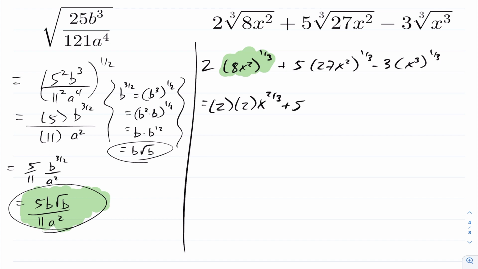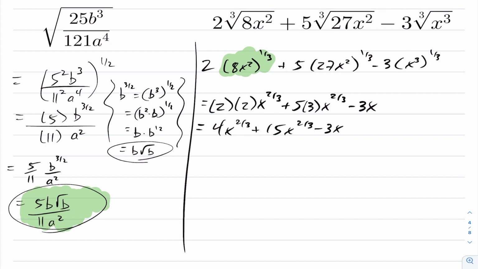Again, the 5 out front. The 27 we're taking the third root of, which is 3. And again, you get your x to the 2/3. And that minus 3 is out in front, and this becomes x to the power of 3 times the third, which is just x. So simplifying this up a bit, we get 4x to the 2/3 plus 15x to the 2/3